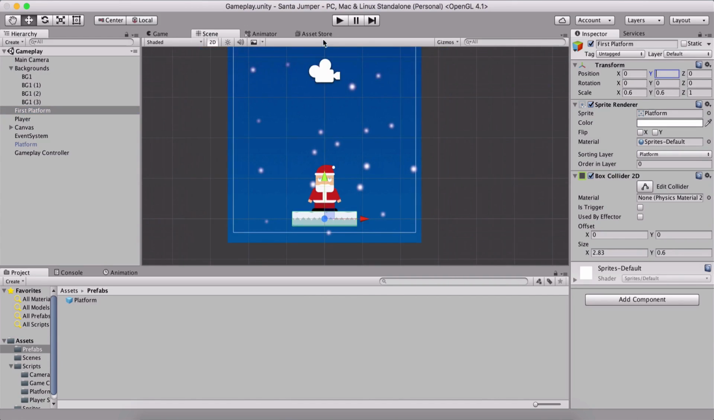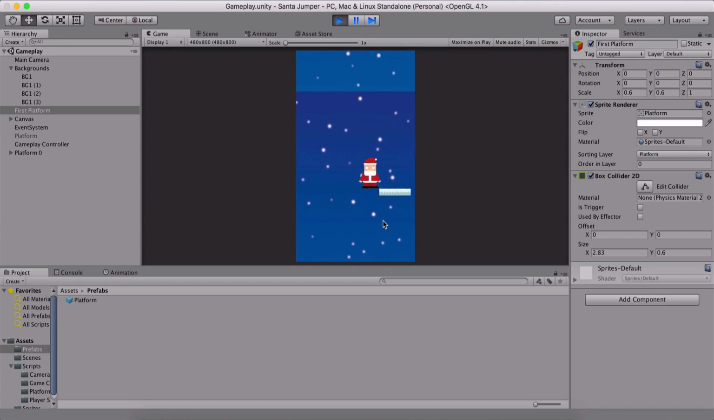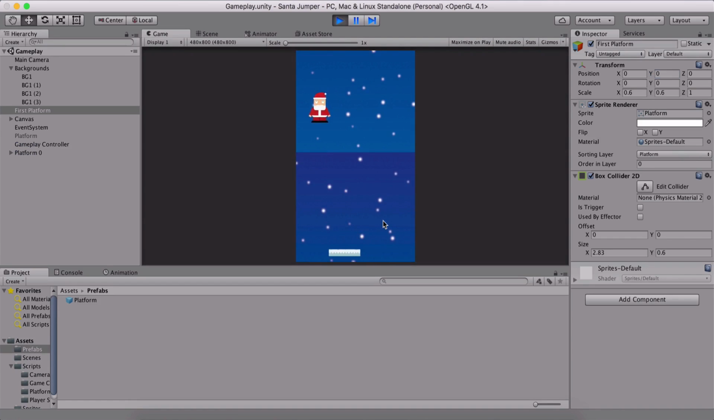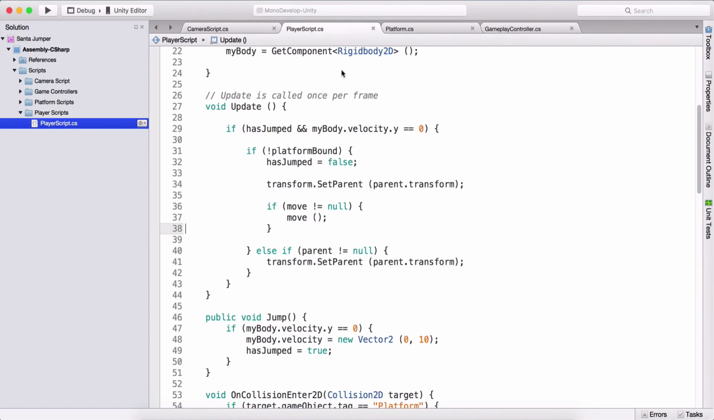So I think this is good. If we rerun the game now, yes, this is awesome. So we can jump on the platform now and notice, voila. Now we still have this problem that the Santa is following the platform now. Don't worry about this. But what we need to do is go back in the player script and